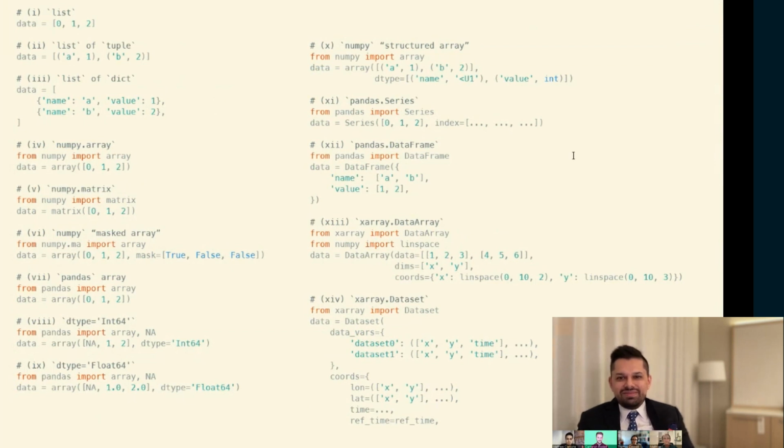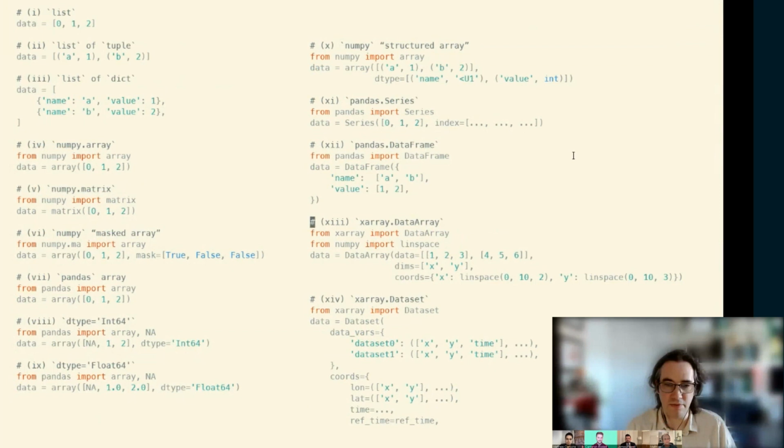So I think a series of sophisticated data structure knows more about itself. So this is just a that's a thing that could be a number list.